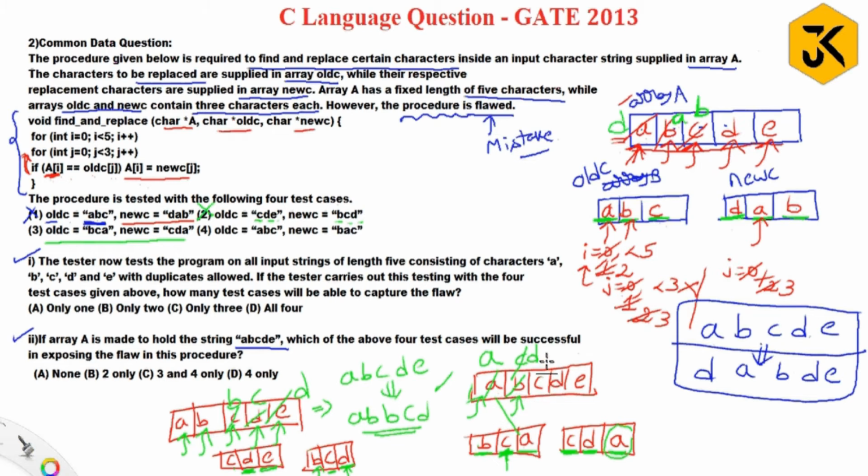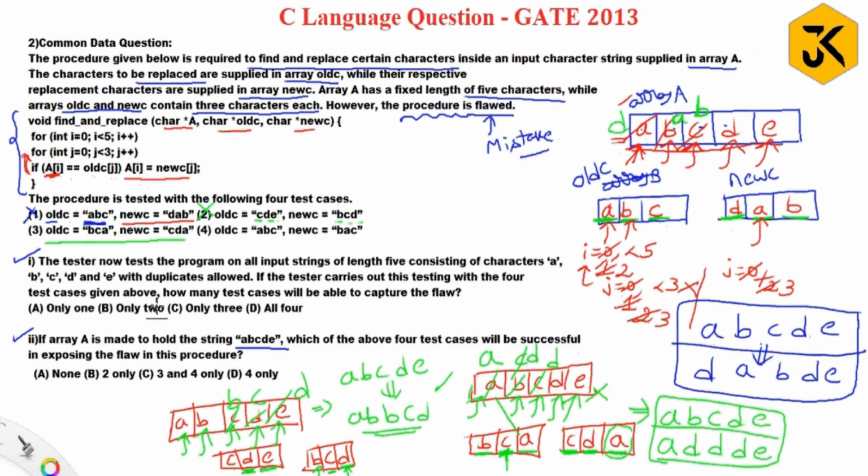Guys, observe here. Now D double equal to A, you need to check. No. Then the I value will be incremented. Is C double equal to B? No. C double equal to C? Yes. When C double equal to C, you need to replace with the corresponding D. Next, D double equal to A? No. Then the I value is incremented. D double equal to B? C? A? No. Then the E value is incremented. E, B, C, A? No. The condition completely failed. Completed. Then your final result is, guys, before applying the procedure, I have the answer as A, B, C, D, E. After applying the procedure, I got A, D, D, D. This is what I got as my result.